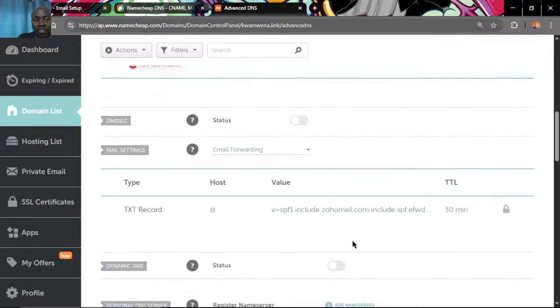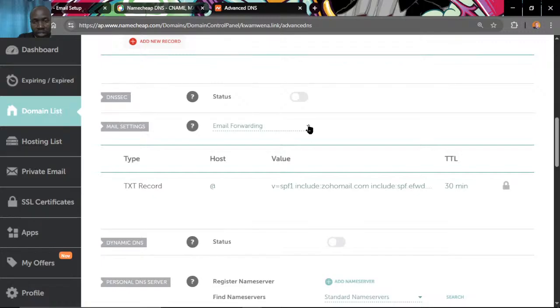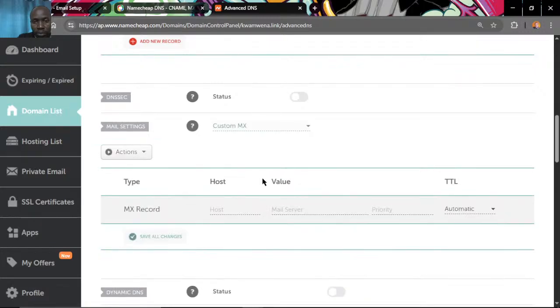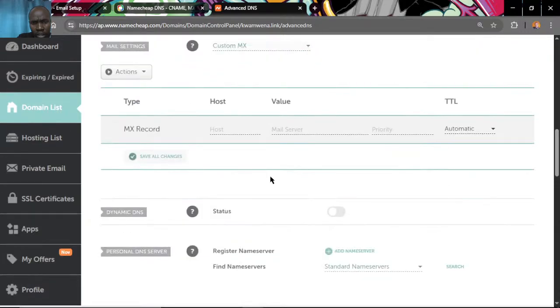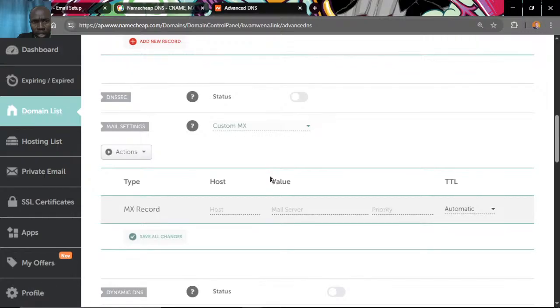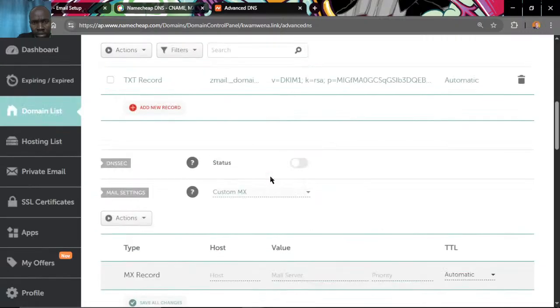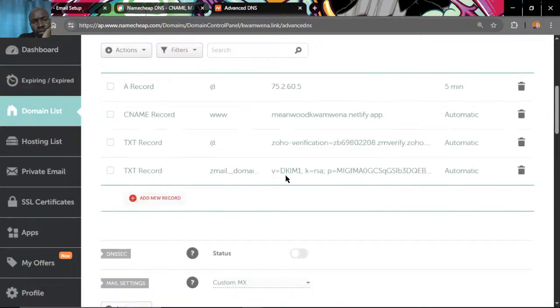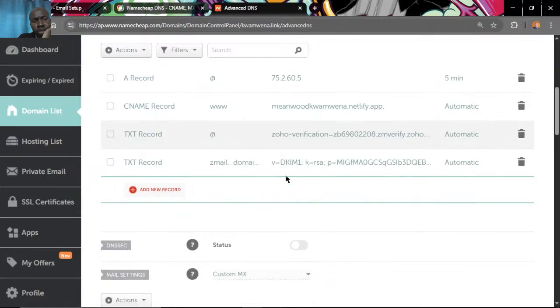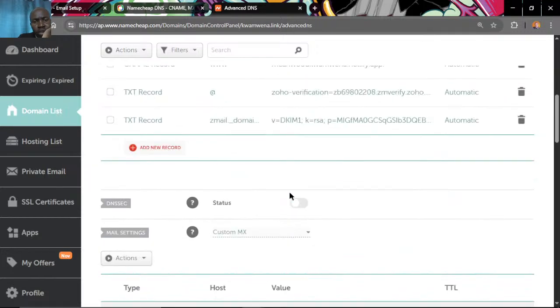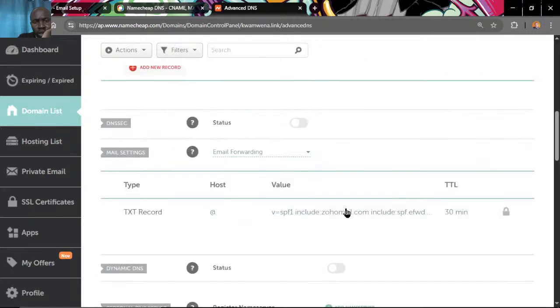Once we have saved the changes, let's just confirm. Oh, our custom MX records are no longer there. This is quite tricky. What to do? So what we'll do for now is